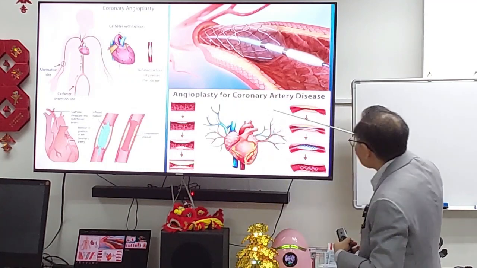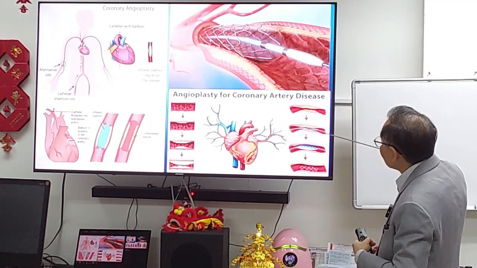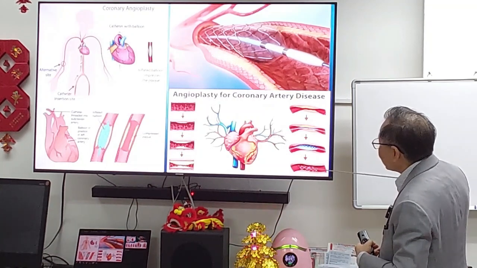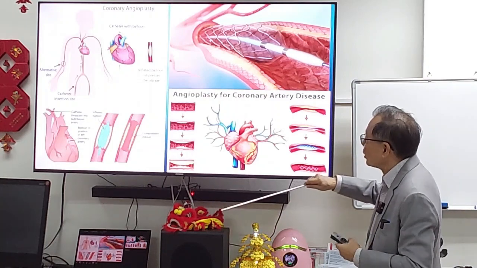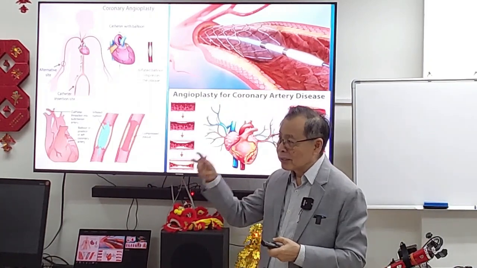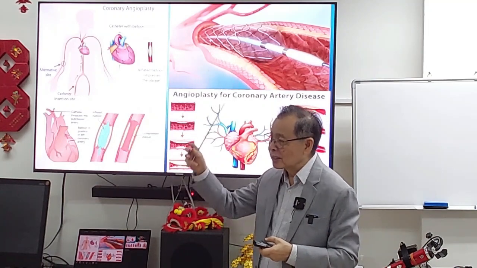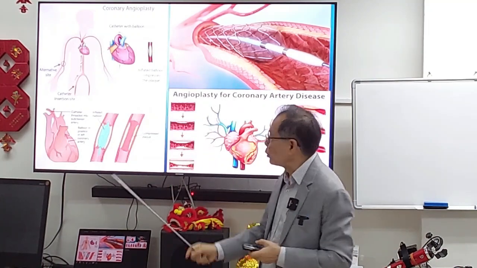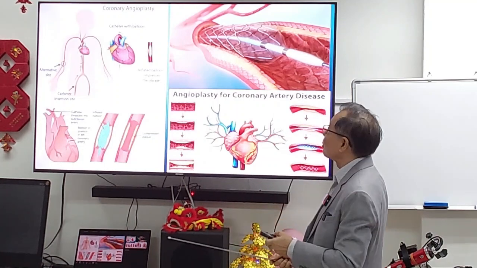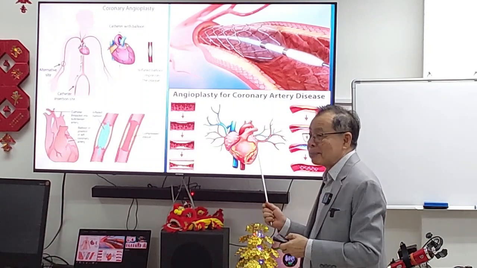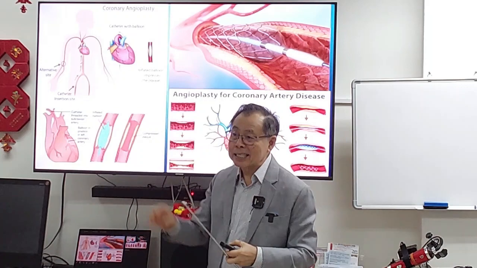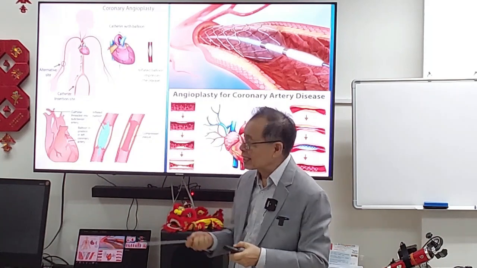So again, this shows the progression. Blockage, put in the stent, open up the stent, and then the neck is there to hold the thing in place until it's absorbed. So meanwhile, you take medication to make sure that your plugs, your narrowing due to the deposits of atheromatous tissue, don't cause heart block again. Very important. That's why you need to take medication for life if you have a heart attack, because you want to prevent that from happening again. You don't want to go in again and again to be stented.